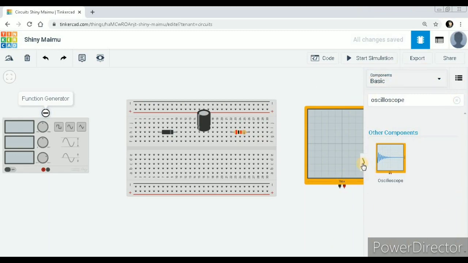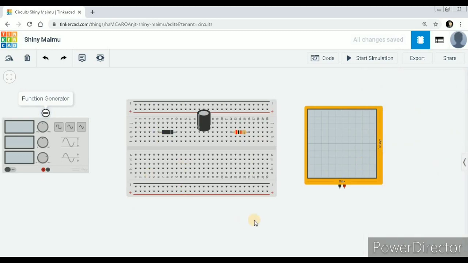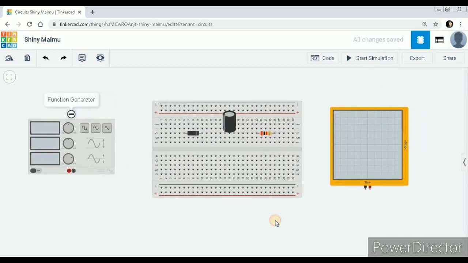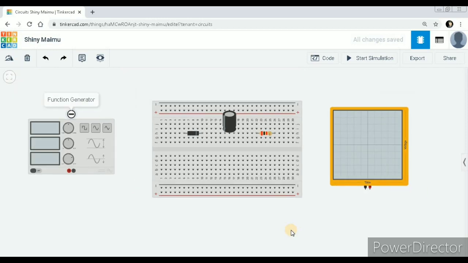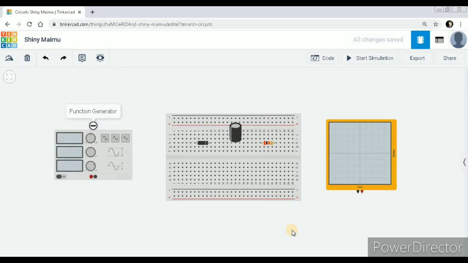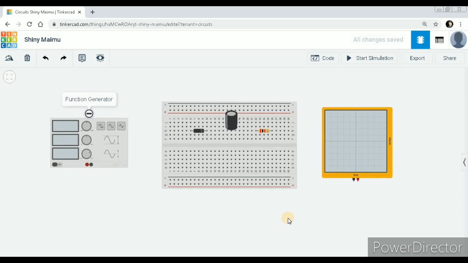And then you cube the circuit in a center, and you can zoom, right? Likewise you can zoom. So by a convenient way you can choose any kind of zoom option. So first thing, you have to make the connection from the function generator. Function generator positive to PN junction diode anode, we must give the connection.